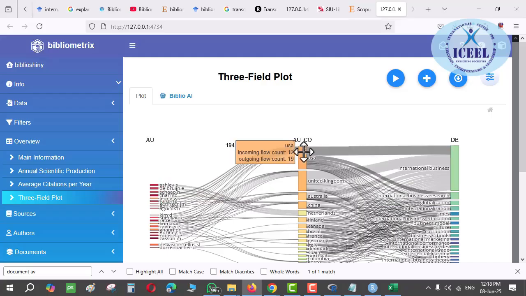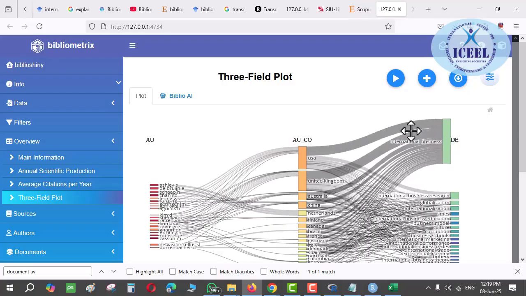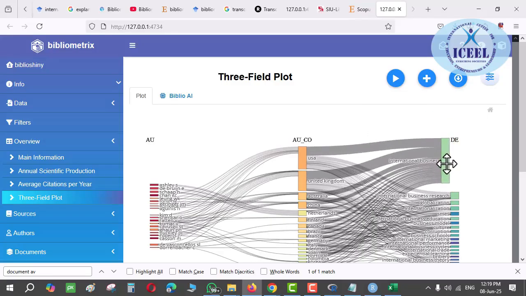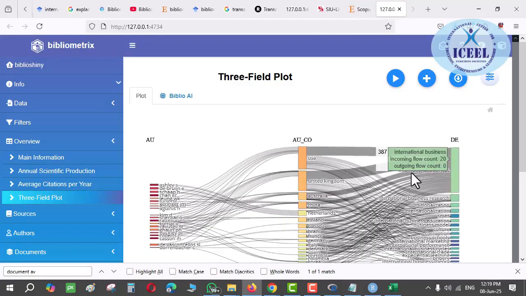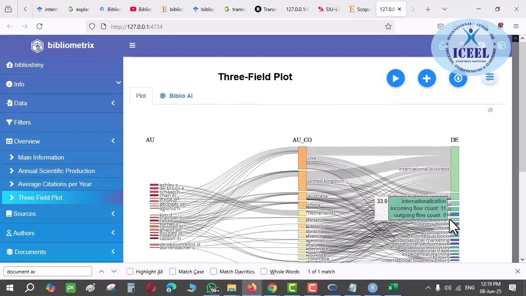Right. So all this information, if I want to have it right, country मैंने पहले ले लिया, for example यहाँ पे author लिए और यहाँ पे keyword लिए, then also it is going to practically possible and you can shift the graph also. You can see here. Right. कौन से कीवर्ड है देखो, maximum people are using the international business, right, globalization, then here this kind of different keywords indication has been given.